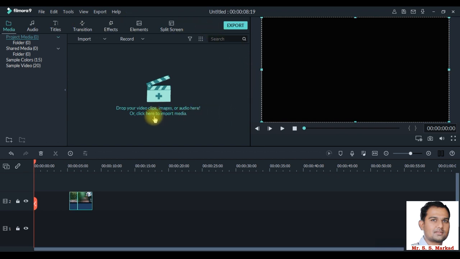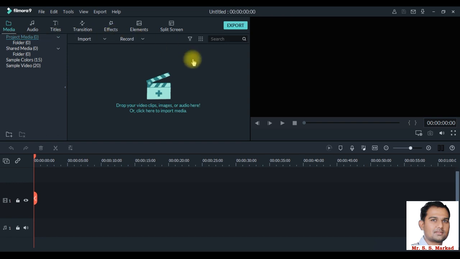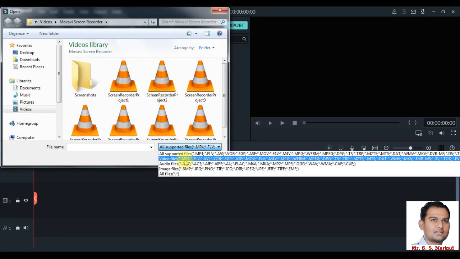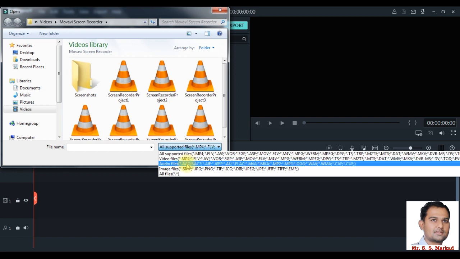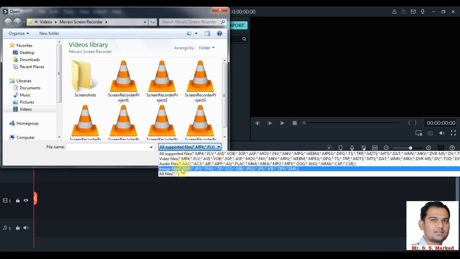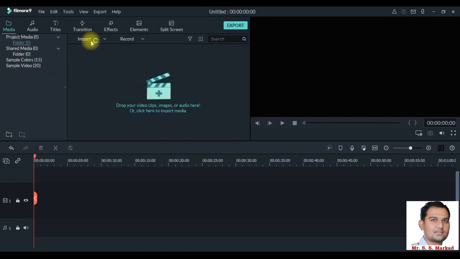The media section in Filmora video editor is used for management of different media required for creation and editing of the videos. The media section is used for importing, that is, adding media files to the Filmora environment. Filmora supports most of the media formats. Different video formats, audio formats, and image formats are supported by the Filmora software. Thus, different media files of different formats can easily be imported in Filmora software to create interesting videos.